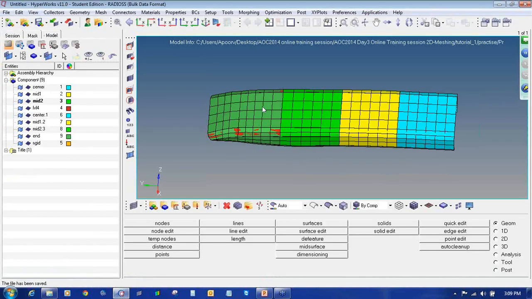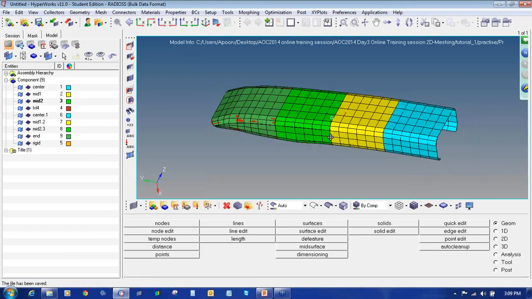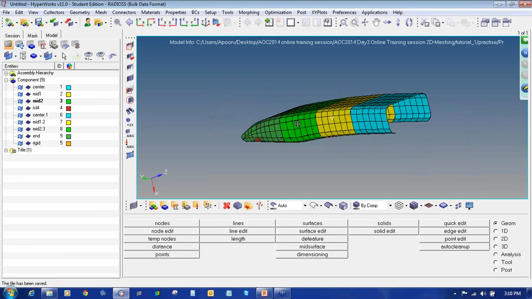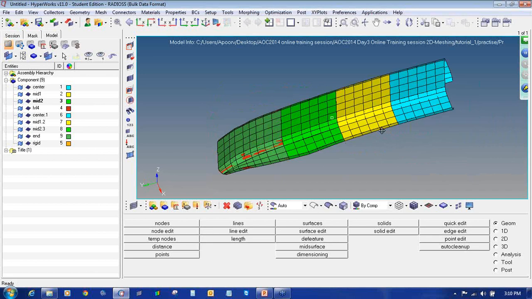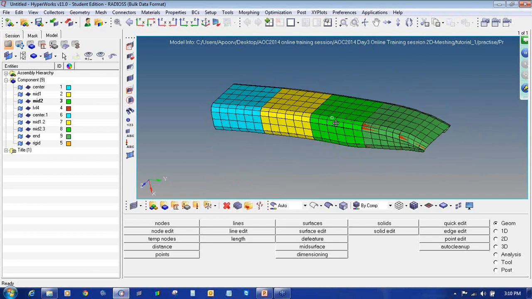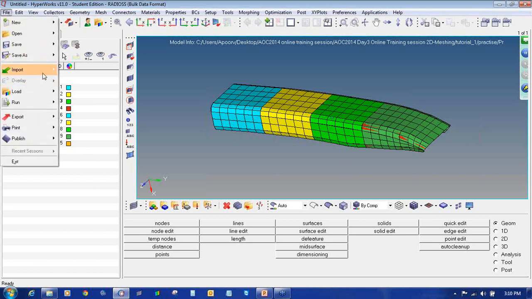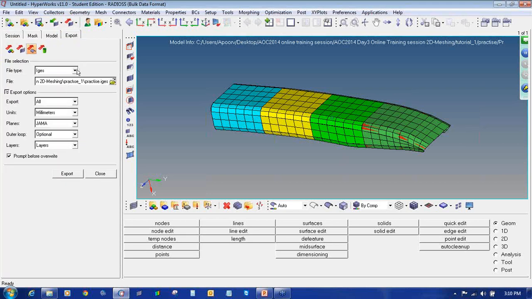Now we will see how to export only the IGS data in one single file from Hypermesh. So if you want to export only the geometry of a particular model which you have created or edited using Hypermesh, how you can do that. So to export the geometry, you can click on this icon or go to File, Export Geometry. Select the file type as IGS.